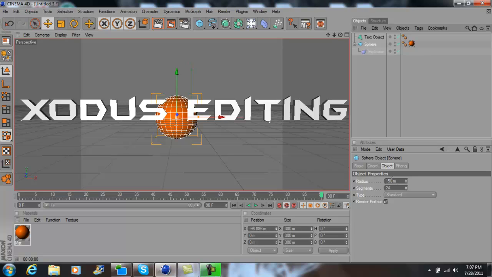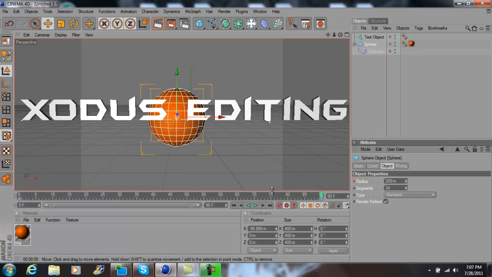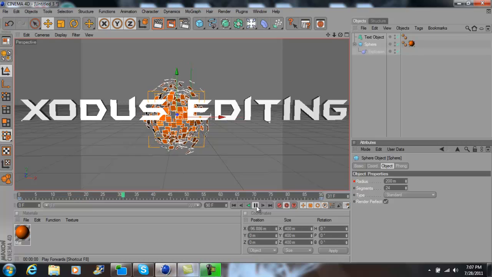And if you want, you can make the sphere radius bigger so that the circle or the sphere gets bigger as it's forming back together, and put another key mark right there. Now if you press play, you see that